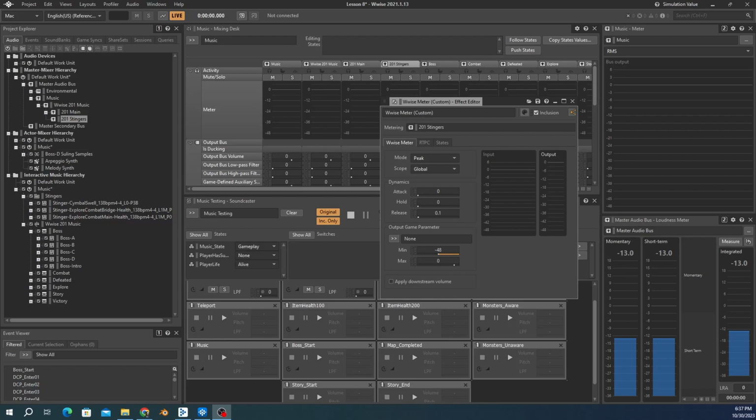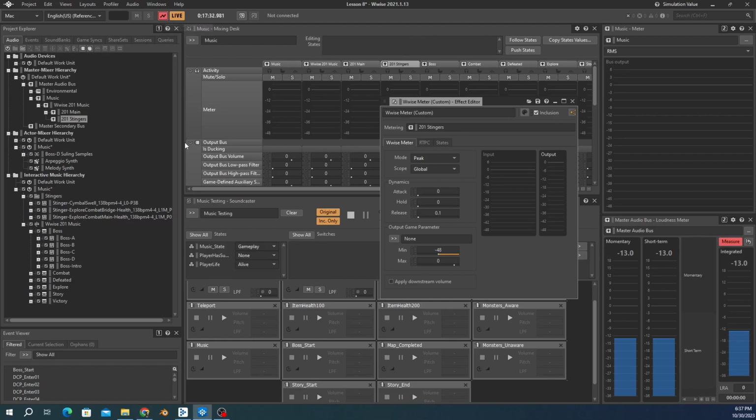I forgot to assign the stinger's audio bus to the segments, but after doing so, you saw the levels for a stinger when they were played during the Soundcaster demonstration. An important takeaway from this is knowing that our Wwise meter effect was set to define (custom) when I selected them, meaning I can make changes to that particular meter effect without it affecting the use of the same effect on other buses. I'm going to click the capture button to start a capture